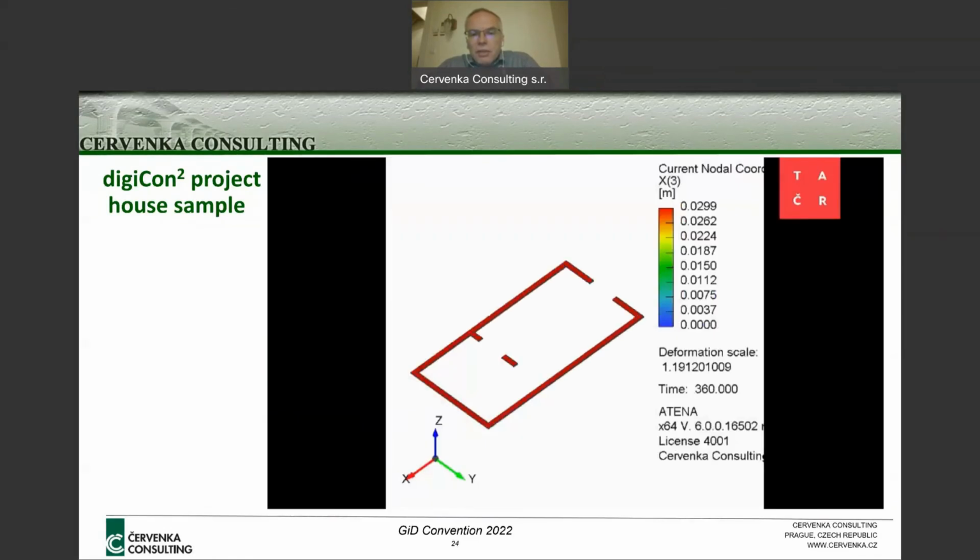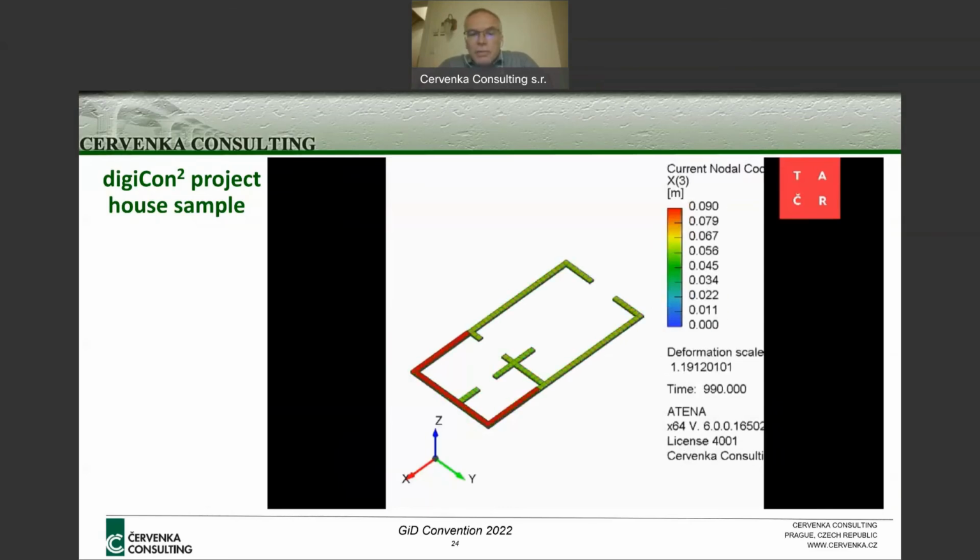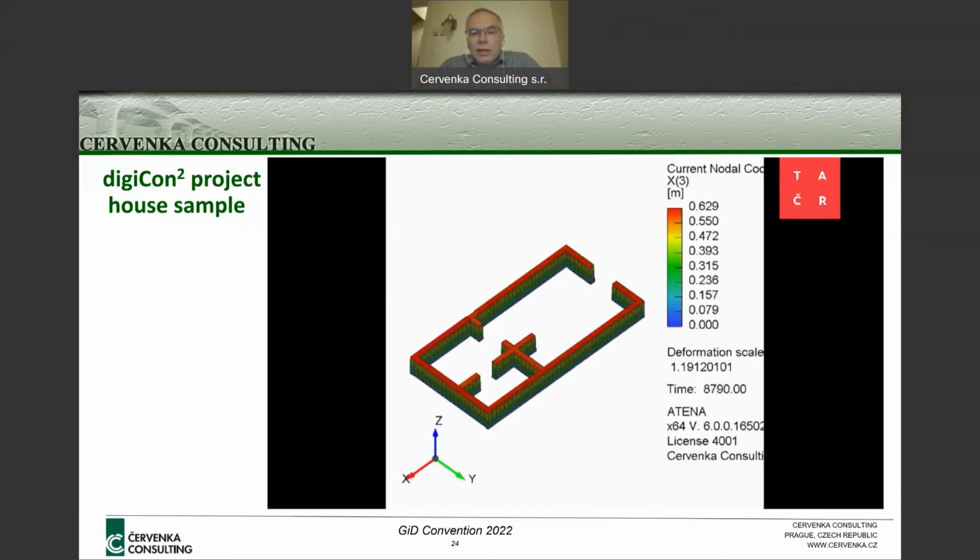Typically in 3D printed structures we see curved shapes, but in this project there was a special objective to develop a printing head that can print sharp corners. And this analysis shows the situation when the printing speed is selected too fast, and after reaching a certain height, we observe